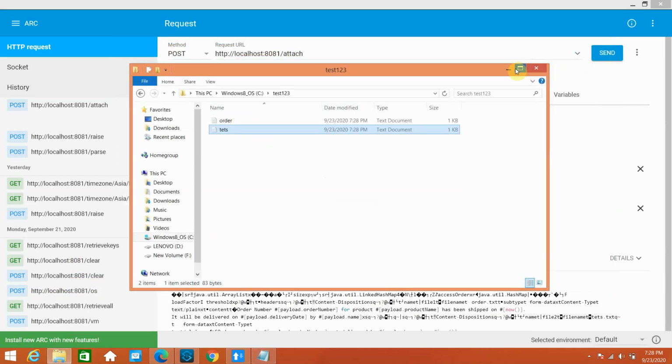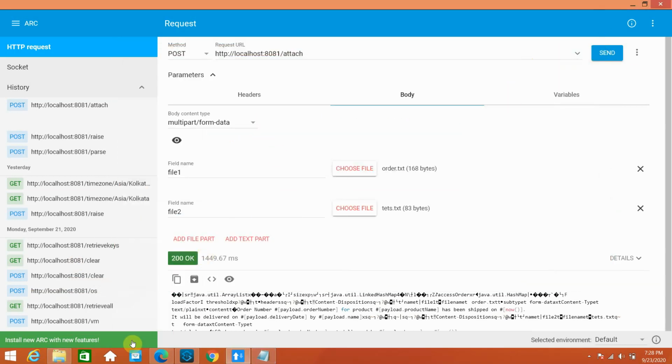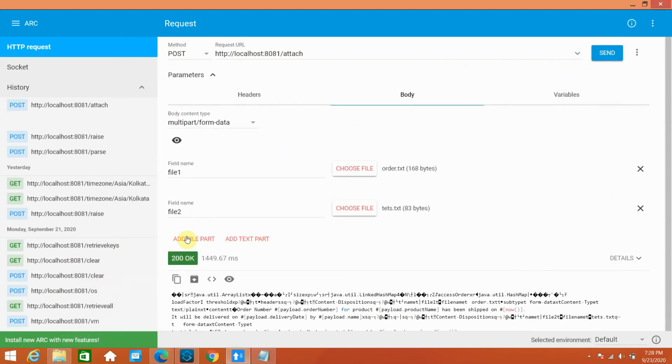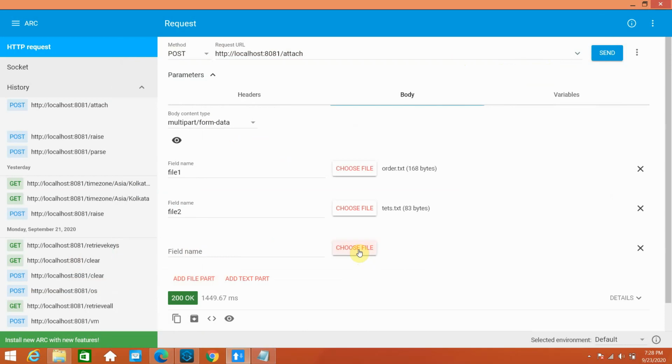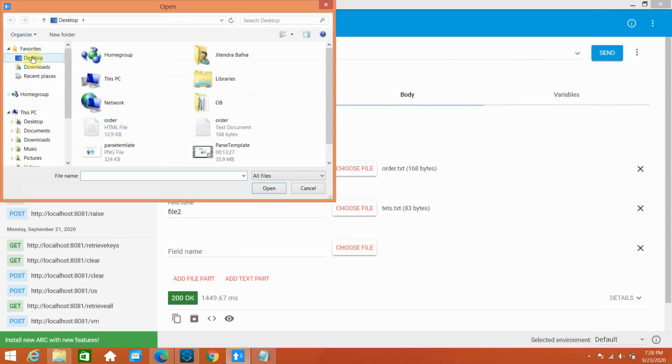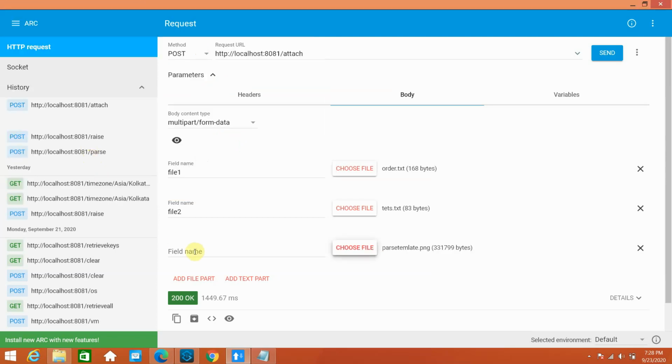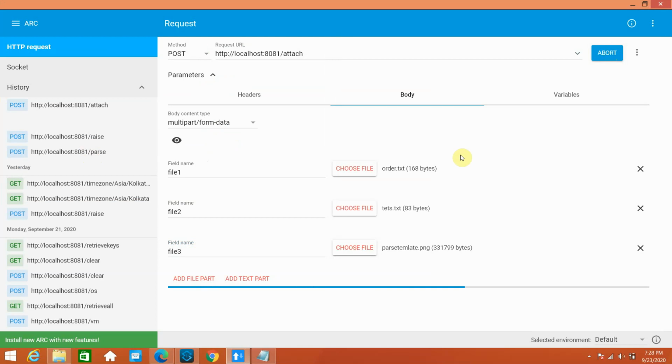right? Easy. Let me remove everything. Let me add some more files. Choose file. Click on desktop. I can take some more files, like I can take this PNG file and I can say file 3, send request.